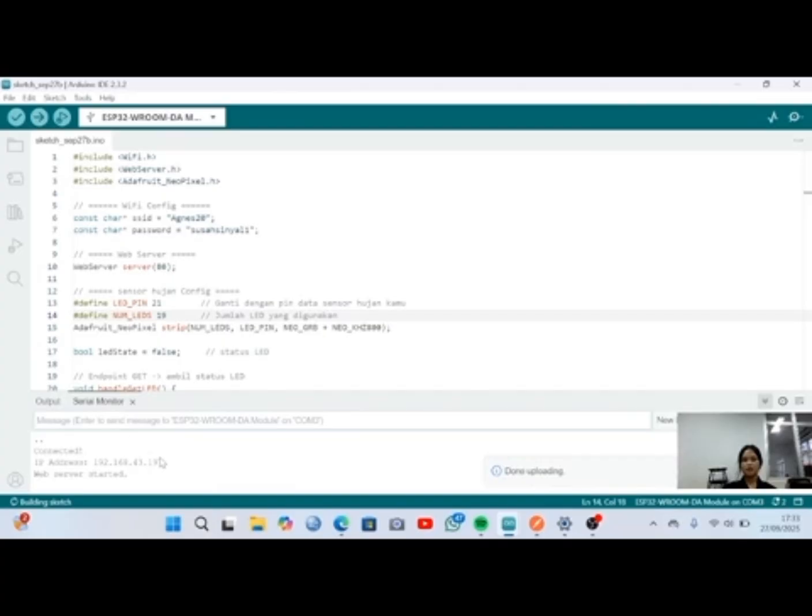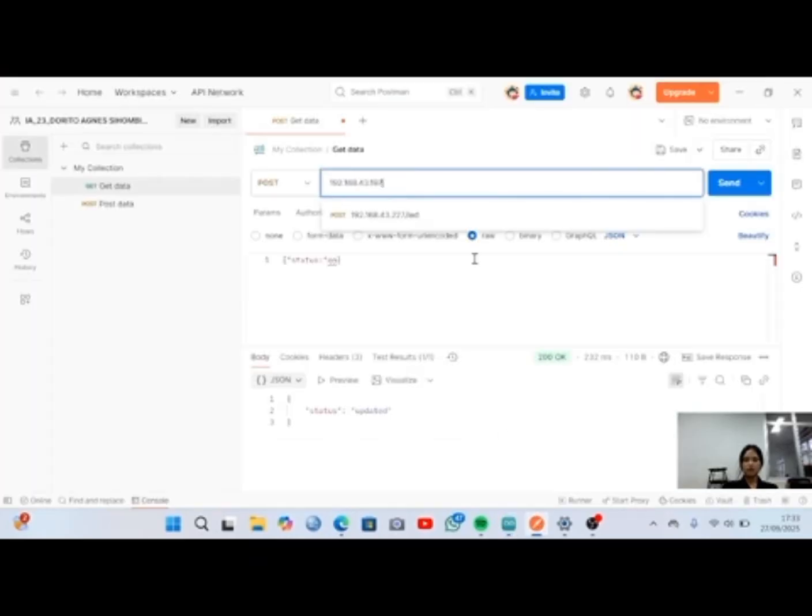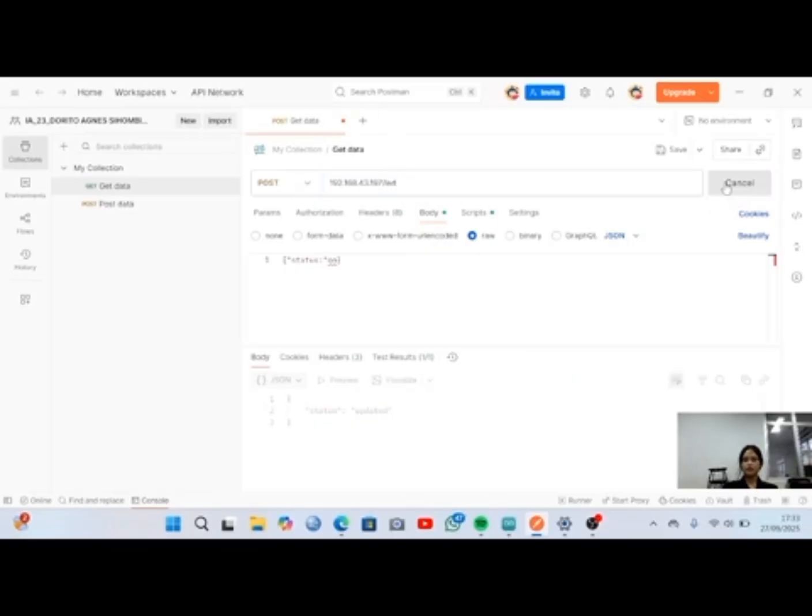If we go to /led with a GET request, we'll see the current state of the LED in JSON format. If we send a POST request to /led with the body on, the LED will light up in red, and if we send off, the LED will turn off again.